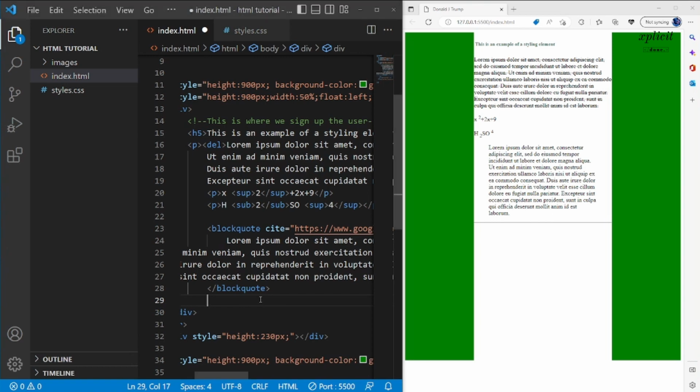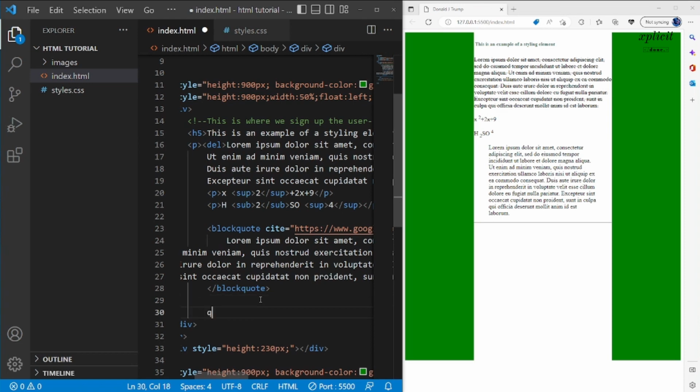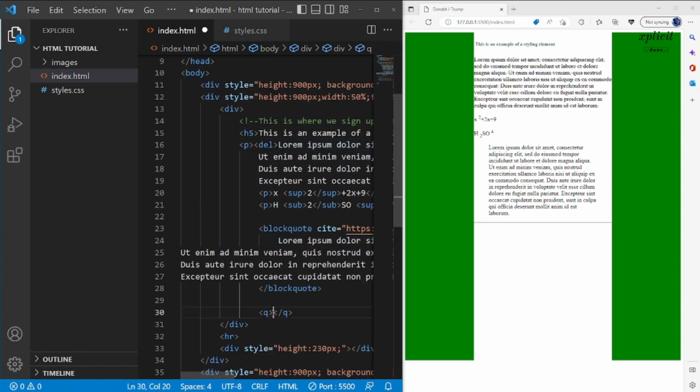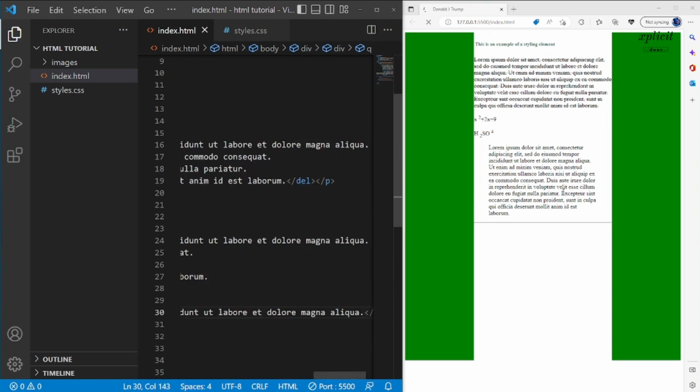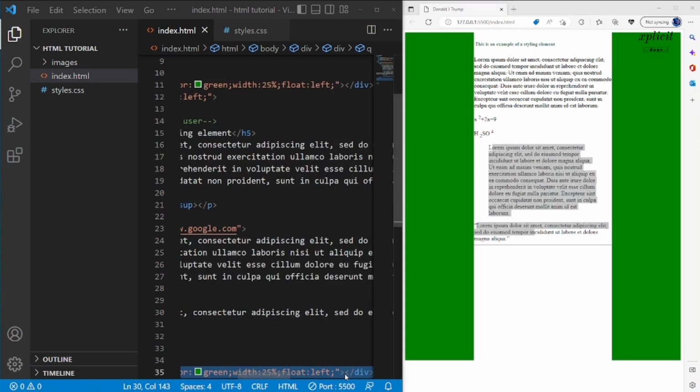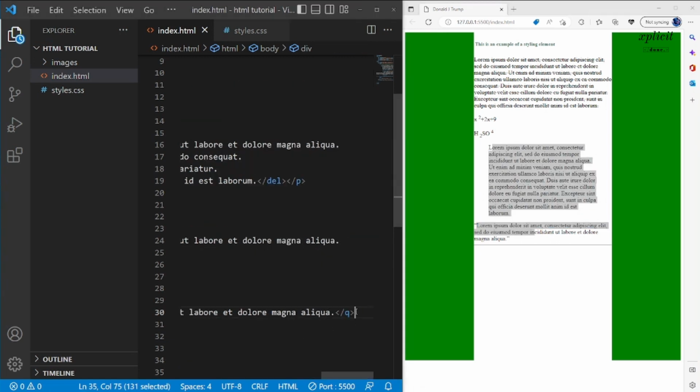You use the Q element, Q, and instead of the whole lorem ipsum, maybe you can take it up until here. This is also a citation. You can see it's inside these inverted commas. So this is another part on quotation. The one last thing that we can try and do and look at is,